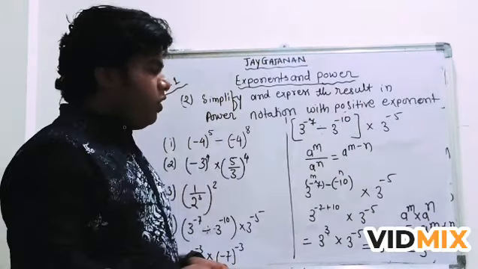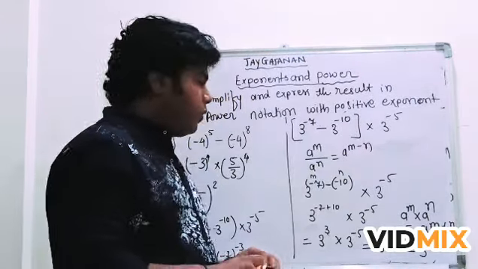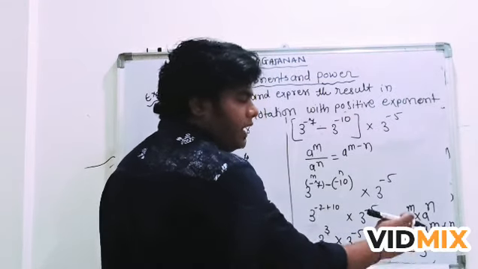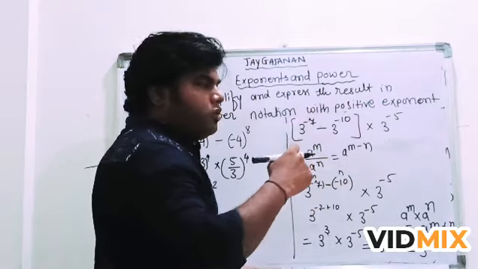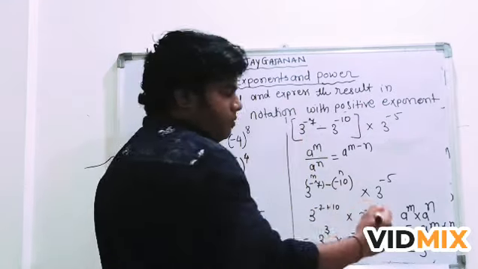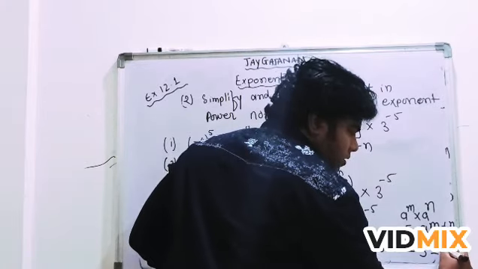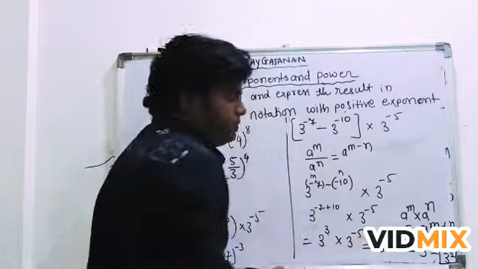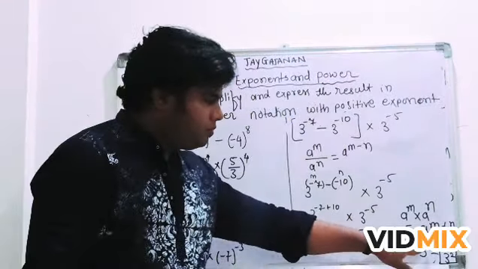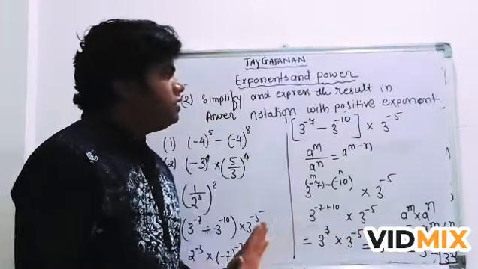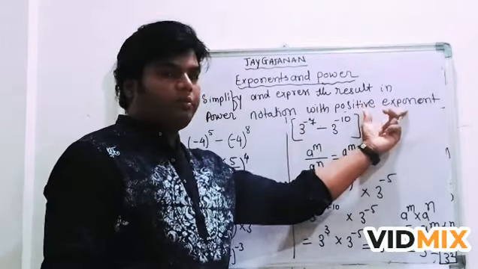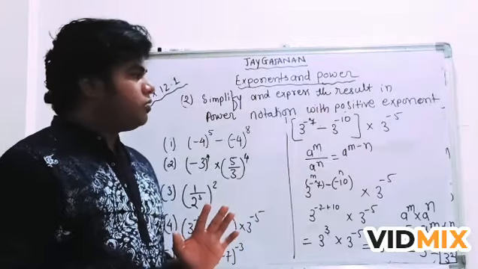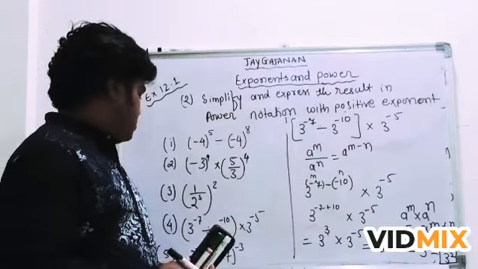But again, we want this in power notation. So how will the power notation come? Which identity will we use here? The a to the power minus m one. a to the power minus m is equal to 1 upon a to the power m. So this becomes 1 upon 3 to the power 2, and this will be the final answer. Since it was asked to represent in positive exponent, this is a positive exponent: 1 upon 3 to the power 2. Done. So this is the final answer of question number 4.